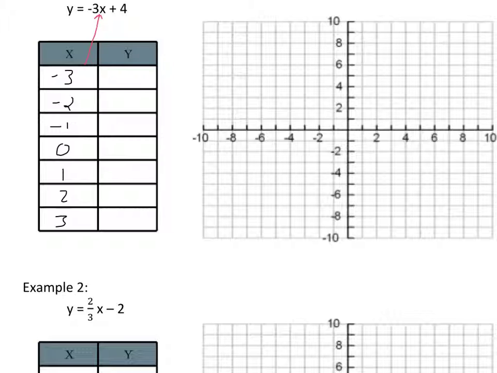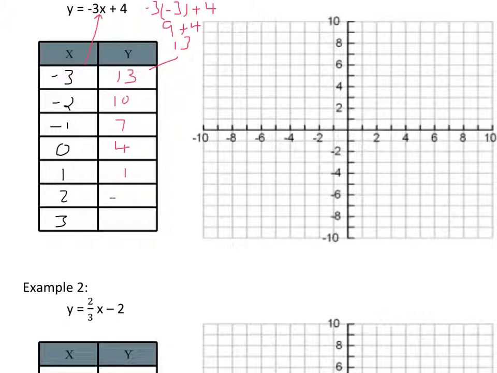So the first question has -3 times x, which we are going to call -3. That's our first one we're going to plug in. And then we'll add 4. That gives us a +9 plus 4, which in turn is 13, and that goes into our y column. If we did that for every number, we would get 13, 10, 7. If we plug a 0 in, we get 4,